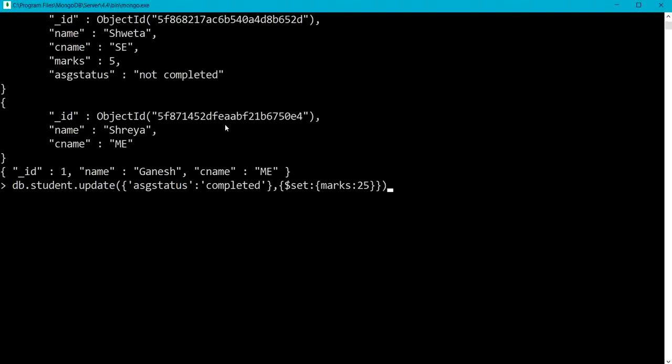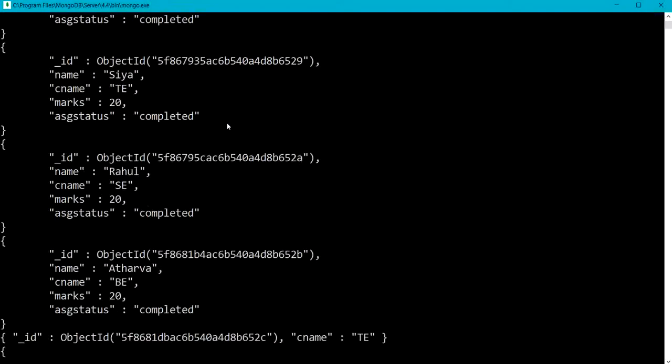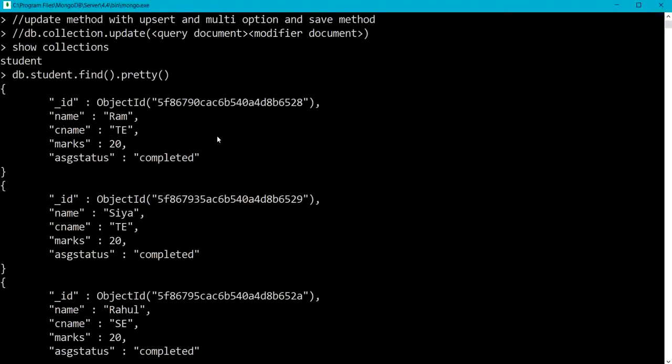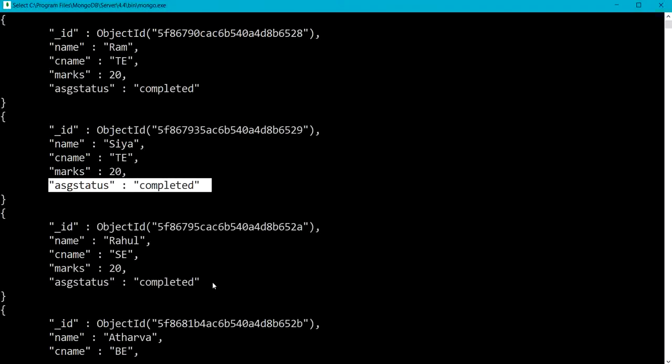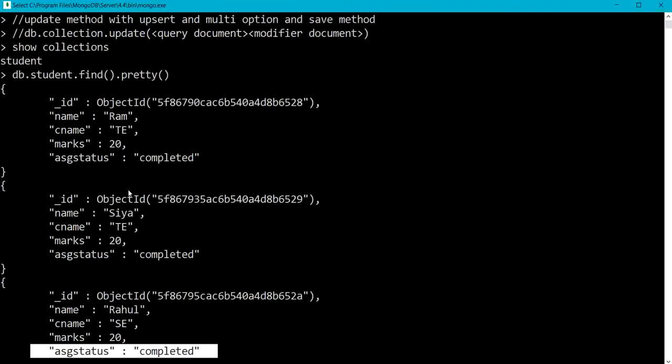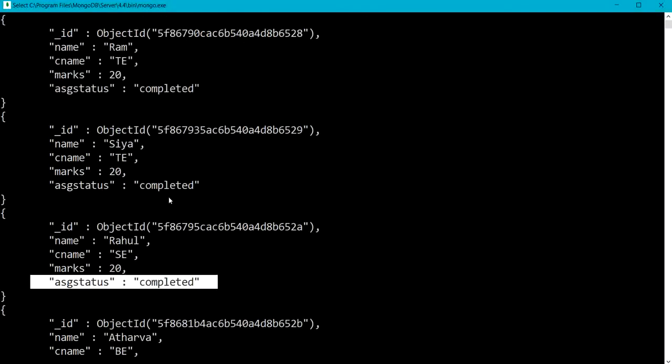Consider here, assignment status is completed for Ram, even for Sia and for Rahul, and marks of the student is 20.